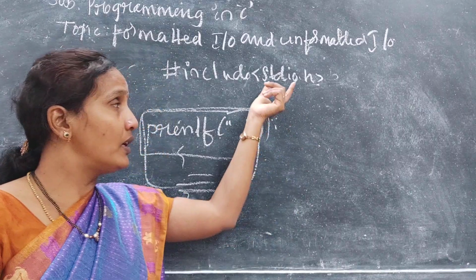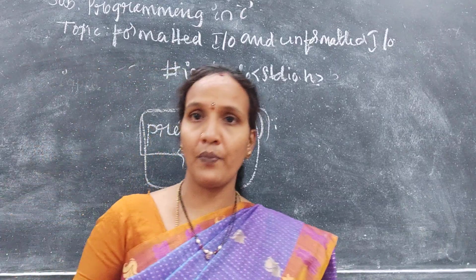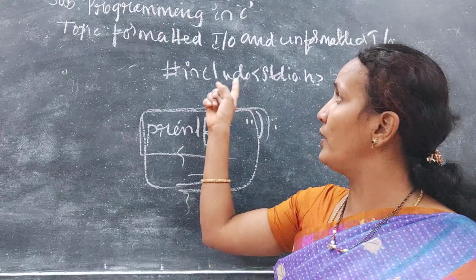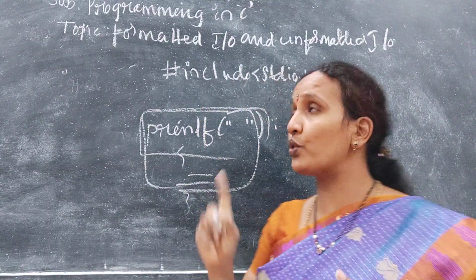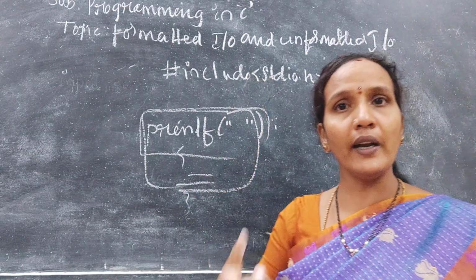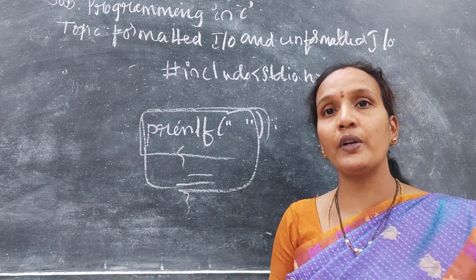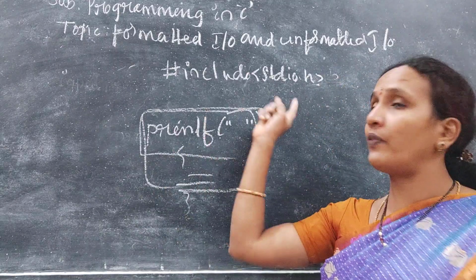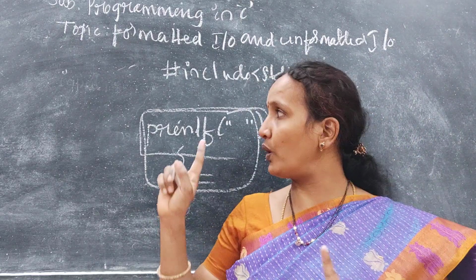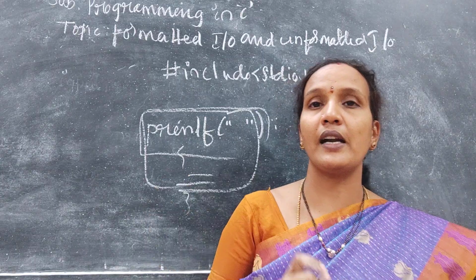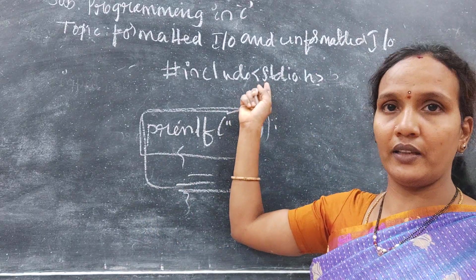Similarly, header files store the instructions for the function, meaning how to execute and how to write; all those instructions are in the header files only. So if you want to use that particular function, it is a condition that you should include the header file. Without header files, you cannot use these functions. That is why, if you want to use any input and output function in C programming, this header file should be included in your program, and that should be your first line. It's a condition. If you want to use the printf function, you need the standard input and output header file. That is why I am adding this in each and every program.